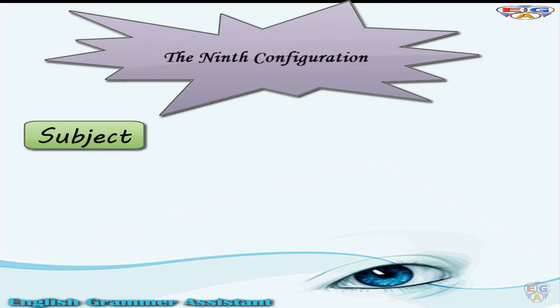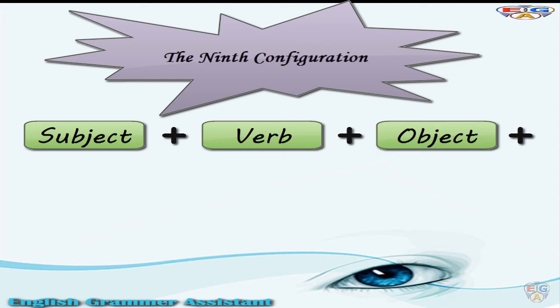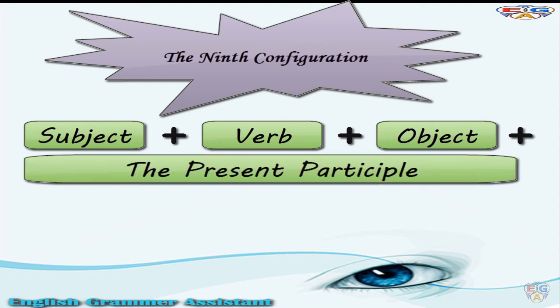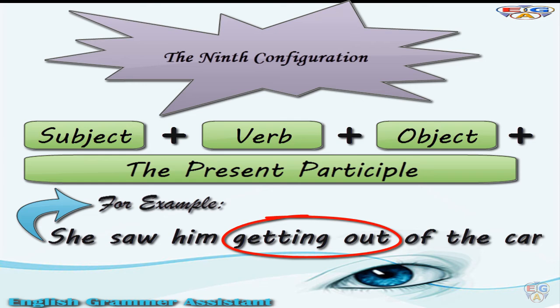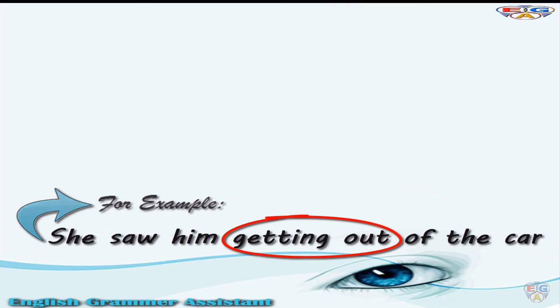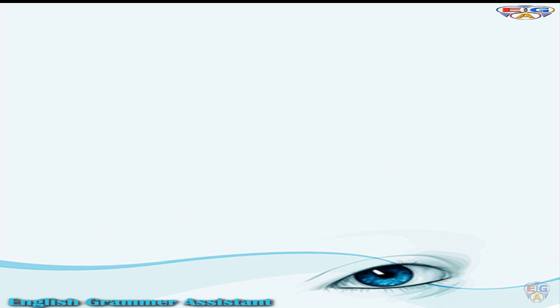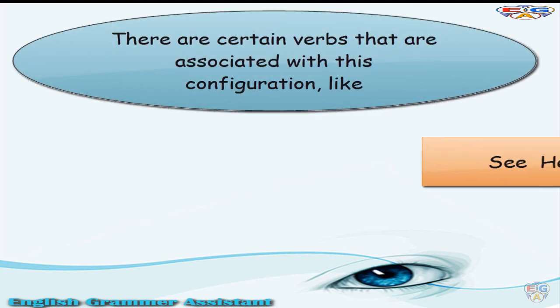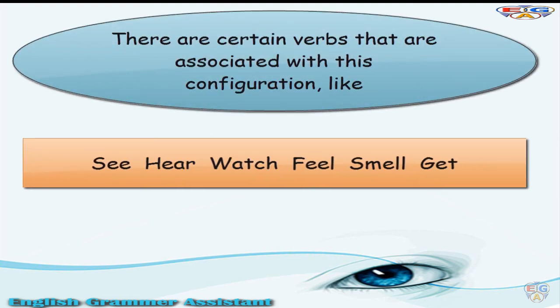The ninth configuration. This configuration comes as follows. Subject, plus verb, plus object, plus present participle, the verb plus ing. For example, she saw him getting out of the car. There are certain verbs that are associated with this configuration, like